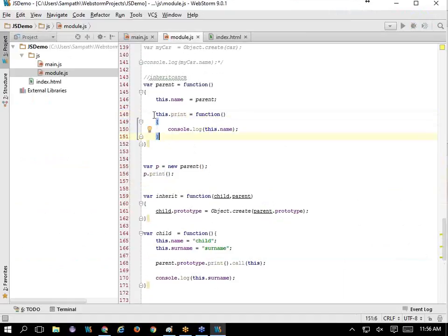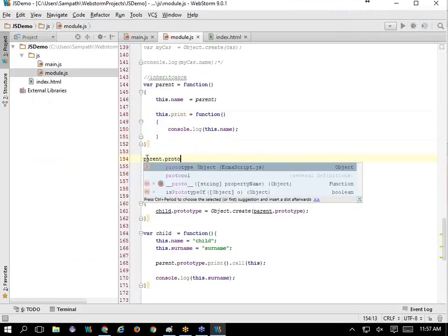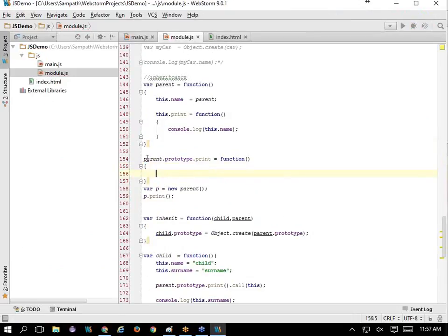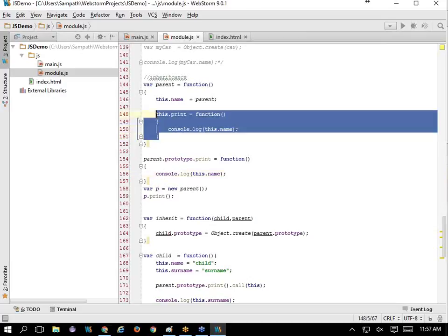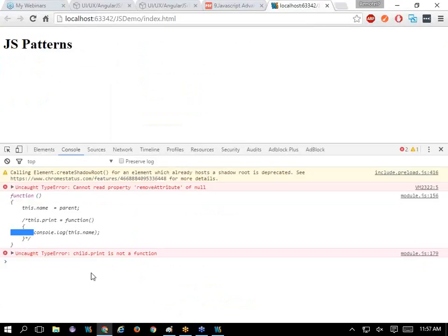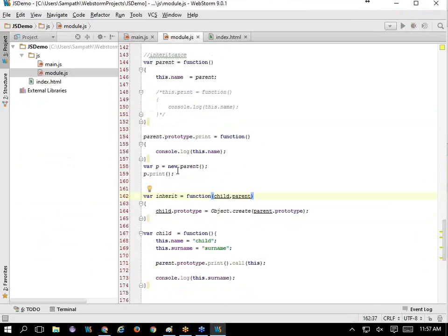Okay, so it's not taking the prototype inside because I'm not creating it right now. Parent.prototype.print is equal to... let me see if this works. Okay, it's printing now, but then